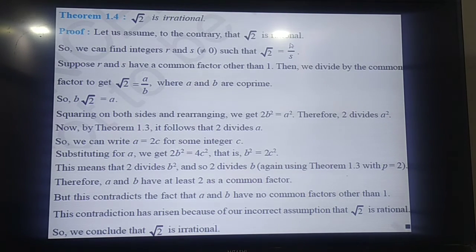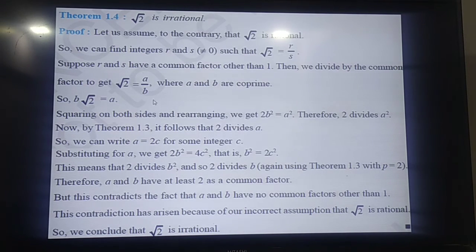That is the condition. But let us assume that this r and s have some common factor other than 1. Common factor other than 1 means, suppose this is, say, 2 by 6. So 2 by 6 has got common factor 2, so 2 by 6 can be reduced to 1 by 3. So suppose r and s have a common factor other than 1. Then what we do? We divide r by s by the common factor and let it be reduced to